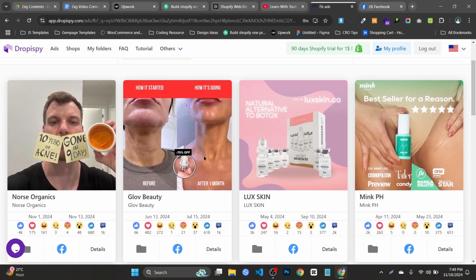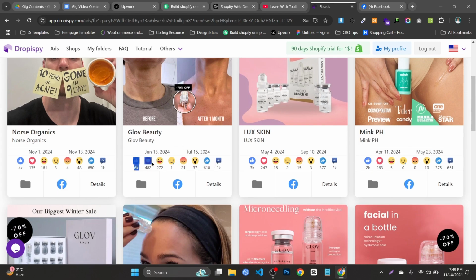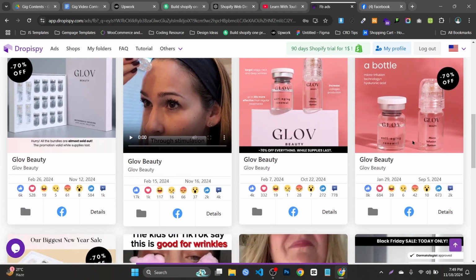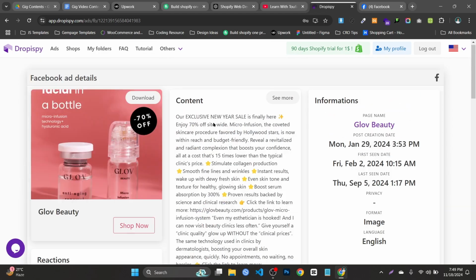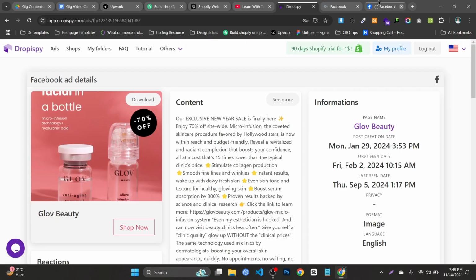So look, this is also a winning product. I can say that this is a winning product with my experience, because it has 6K likes, 482 love reacts, 618 shares. Look, this is 8K reactions. So these are all organic and real ads, and this is a winning product. If we go to the Facebook page,